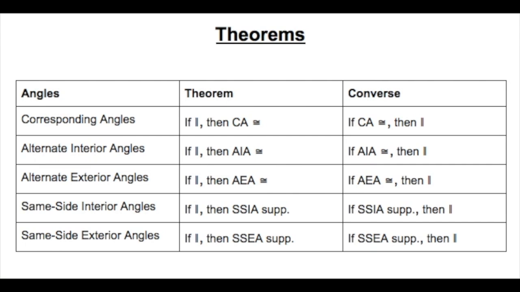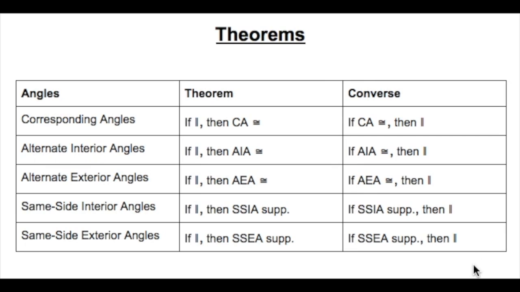Alright, and we're also going to talk about theorems. So, you've gotten all these theorems before, but I just want to talk about them again. So, we have the theorems that say if lines are parallel, then the different parallel line pairs are congruent or supplementary. And we also have the converse theorems, which say if the parallel line pairs are congruent or supplementary, then